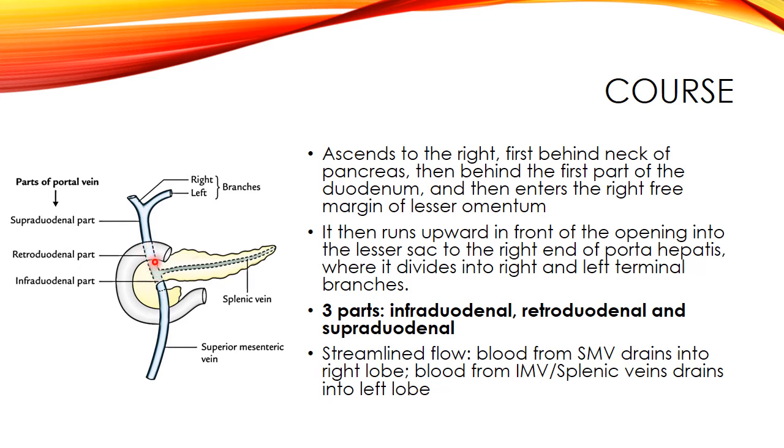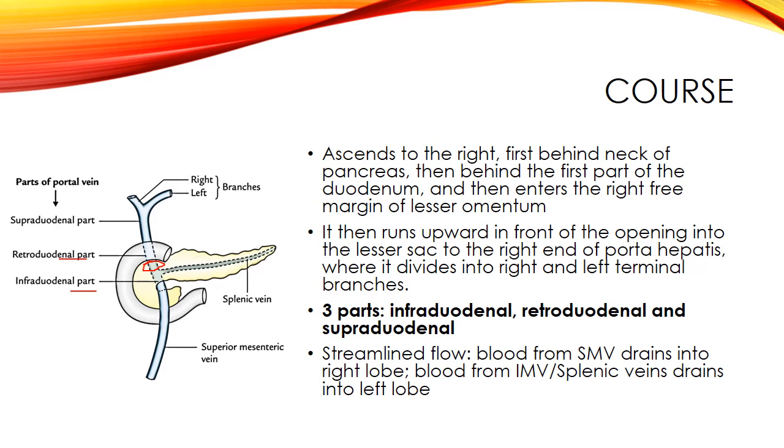So it is going to ascend to the right side, and as we can see with the first part in which this is ascending, let me just get my pen. The first part which is this is ascending, this small part, over here it is behind the neck of the pancreas, but below the first part of the duodenum, so this is also known as the infraduodenal part of the portal vein. And then it comes behind the first part of the duodenum, which is the retroduodenal part, and finally